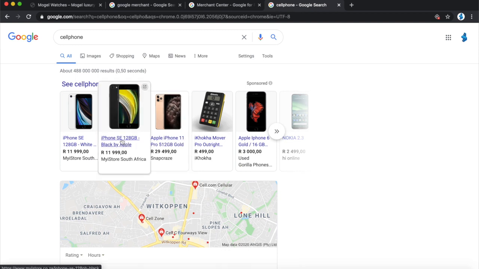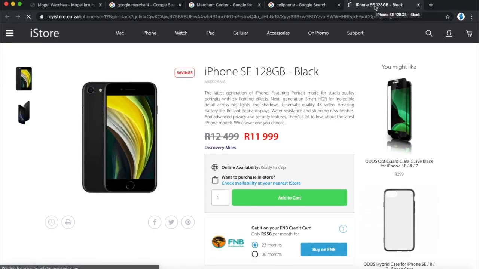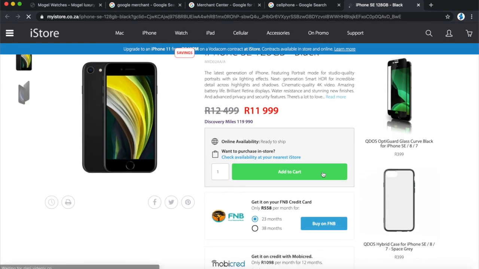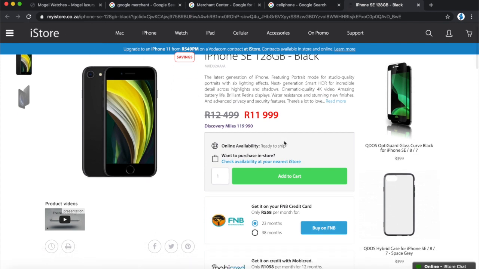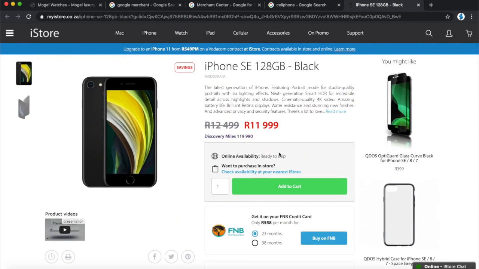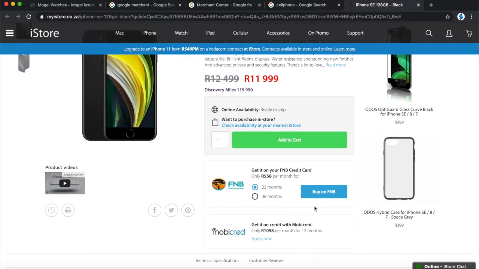So I'm going to just click on this to just see where this takes me, and it should be taking me directly to that store that is selling this item, and directly to their shop page. And this is an e-commerce store similar to the stores we've built, okay, but it's obviously from a popular brand, but you just built a store that looks like this. And if you can make your own Google merchant adverts, you will look exactly like this. And you can immediately add this to your cart, pay this 11,000 rands, boom. Okay, so this is a good way of making sales and